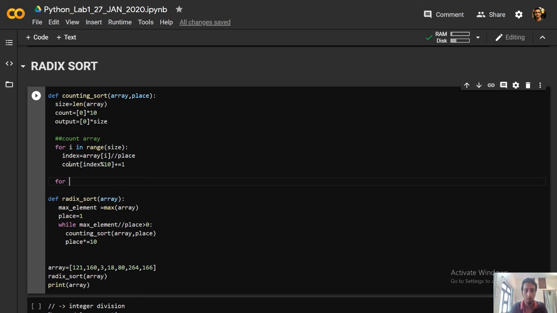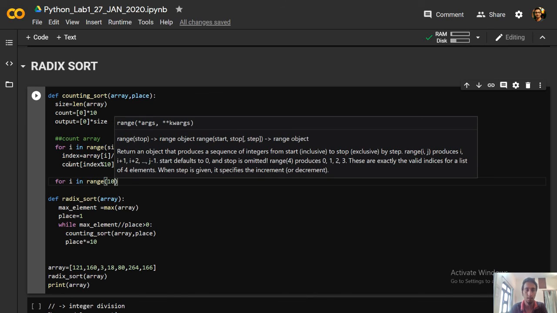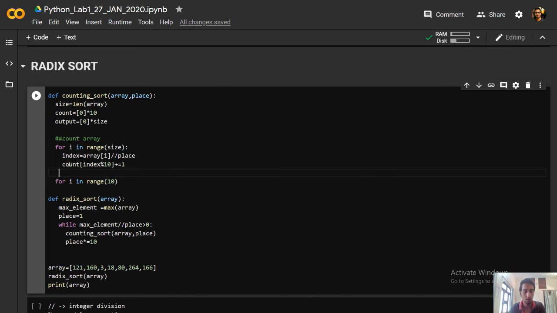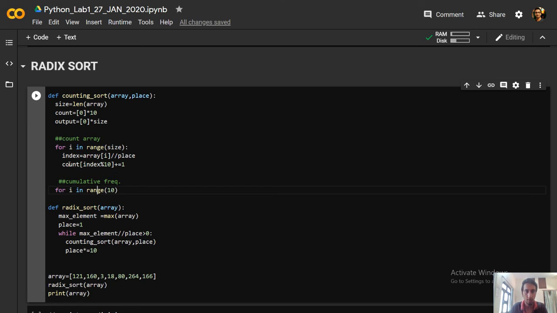Okay, again for i in range, this time we are actually calculating the cumulative frequency. Since we are calculating the cumulative frequency, we are operating on the same count array, which has 10 elements, so we will iterate only to 10.